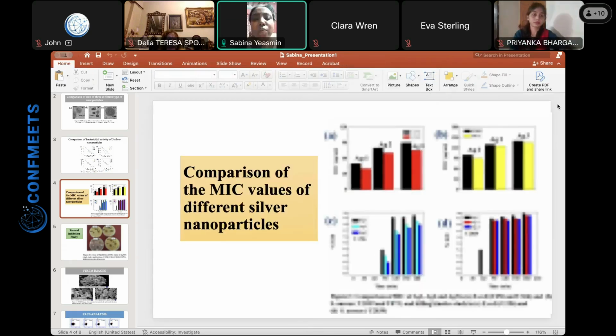Here also we have taken 4 strains, 2 from E. coli and 2 from Staph aureus. So from E. coli,